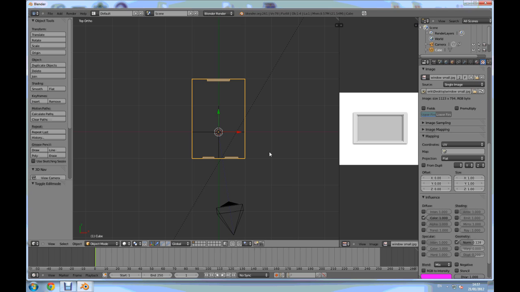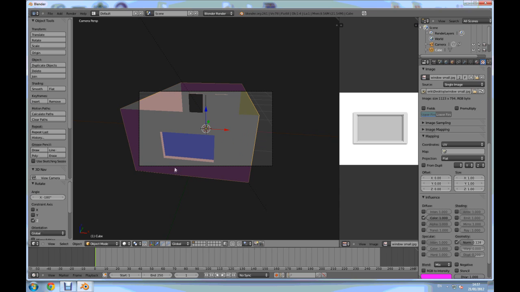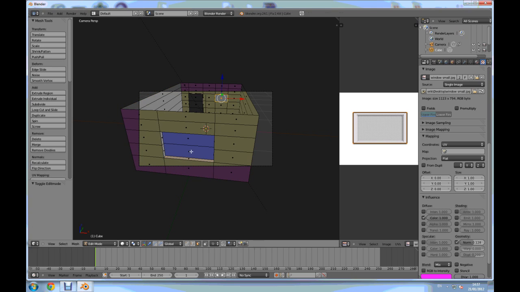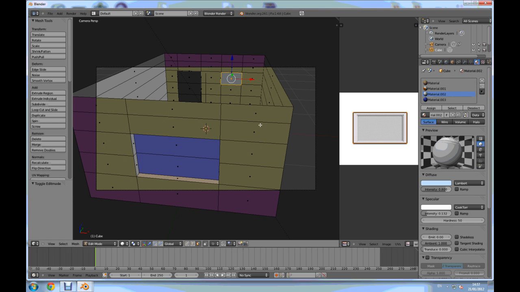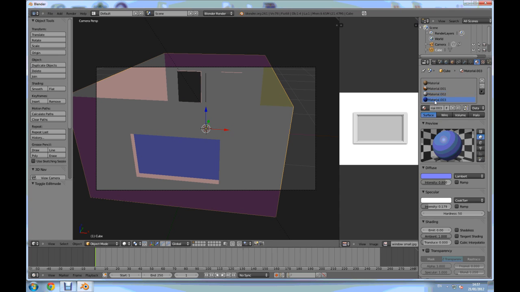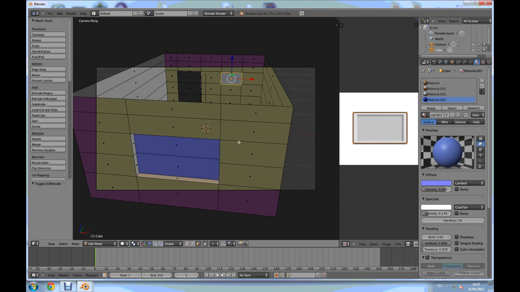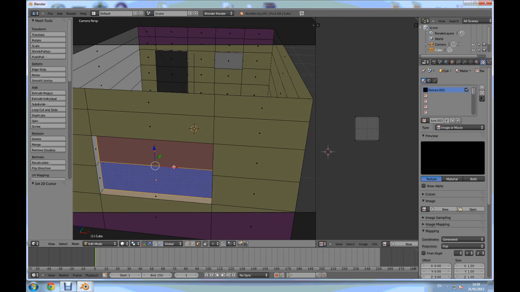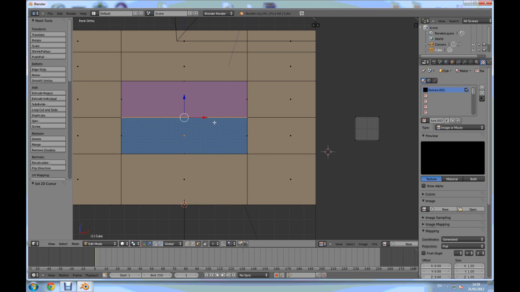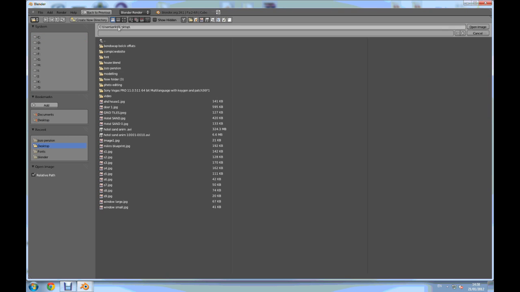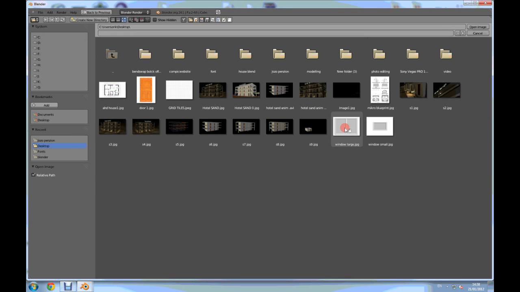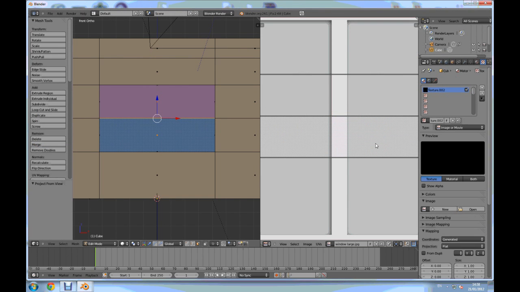Rotate the whole thing. RZ180, enter, so we can see what we are doing on the back on a big window. Tap the edit mode, go to materials, select the dark blue, go to the front view, press U, project from view, and image, open image, desktop, window large, open,